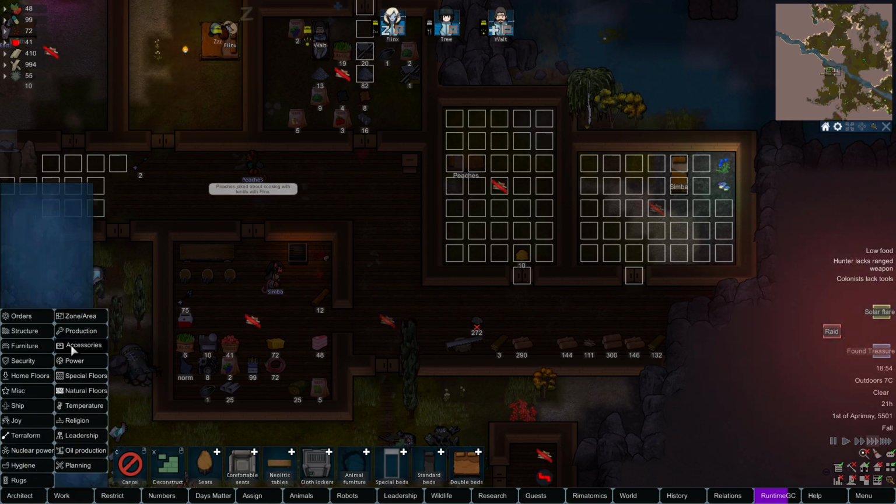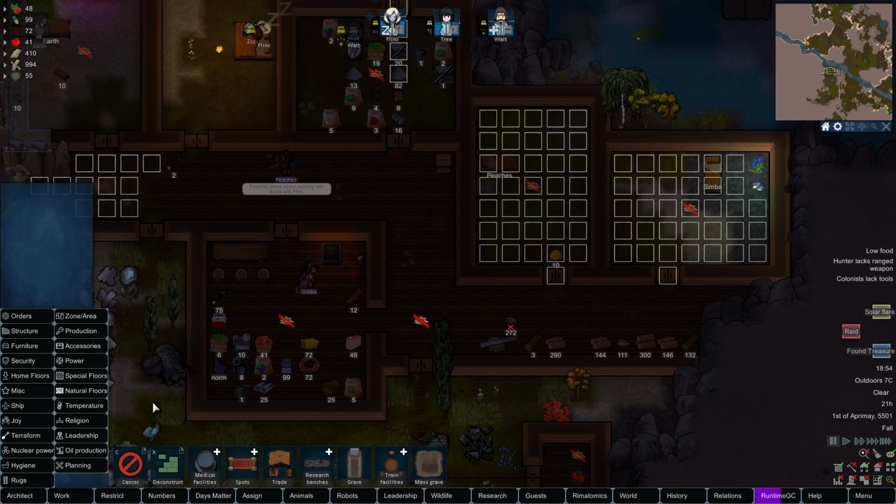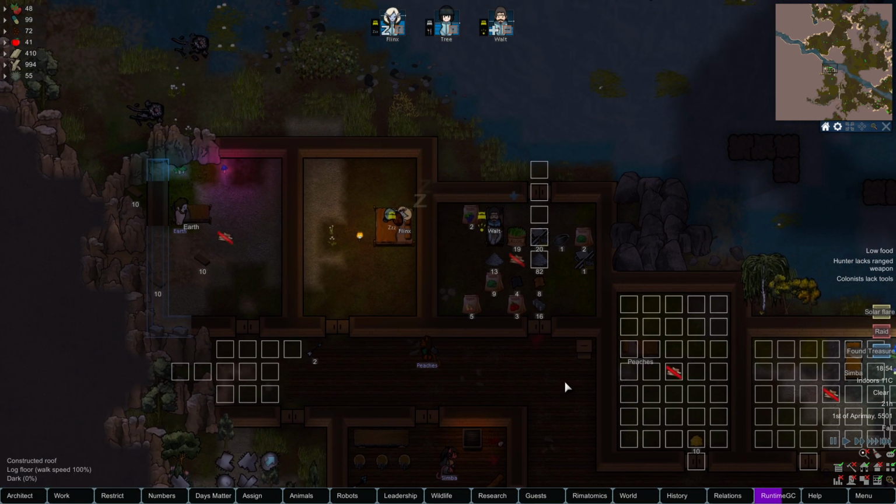Speaking of, we should start considering, what is that under miscellaneous? One of these training dummies. I'd like to build one of these martial ones so we can start getting our melee skill up. So we need sand and leather. Well, before we do that,